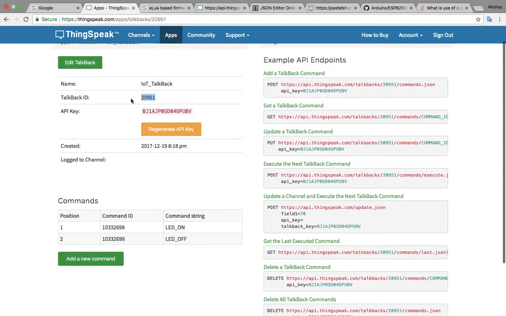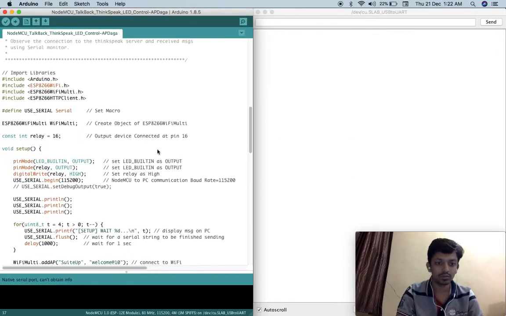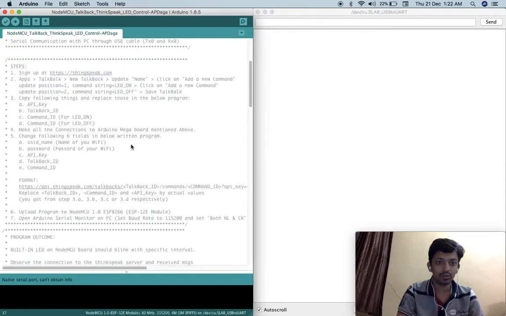So we have to replace these things in our program, that is TalkBack ID, API key, this command, and these two strings. Okay, and we will be using this get TalkBack command to communicate with this ThingSpeak server. Okay, so this is our code. I have mentioned all the steps here.